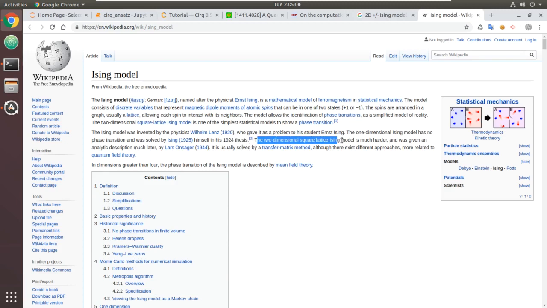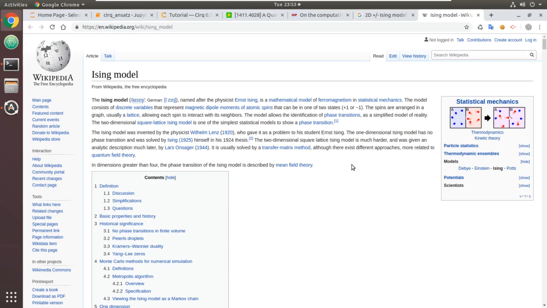The two-dimensional square lattice Ising model is much harder and was given an analytic description much later by Lars Onsager. It is usually solved by a transfer matrix method, although there exist different approaches more related to quantum field theory. So this is an actual model